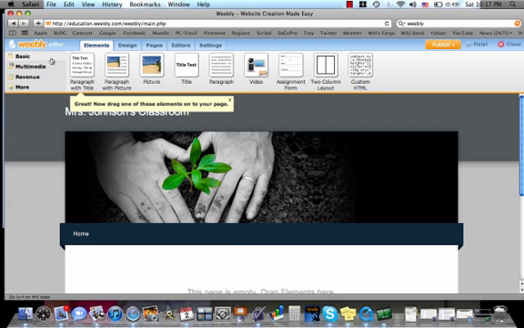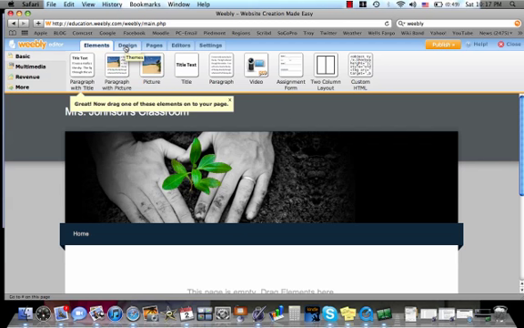Over on the left-hand side of your screen, you can see basic, multimedia, revenue, and more. Those are different options to use within your classroom website. Also, across the top of the editing window, you have elements, design, pages, editors, and settings. Now, these will be the different pages that you can click on to add or take away from what's on your classroom website. So what we're going to do first is look at the design, because I don't think that